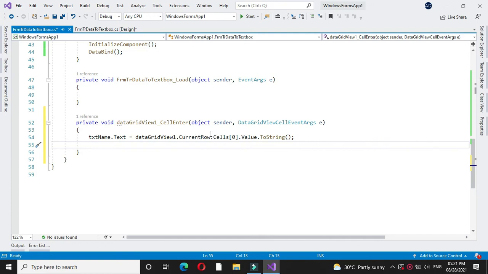Here it will select first cell value and it will assign to the txtName.